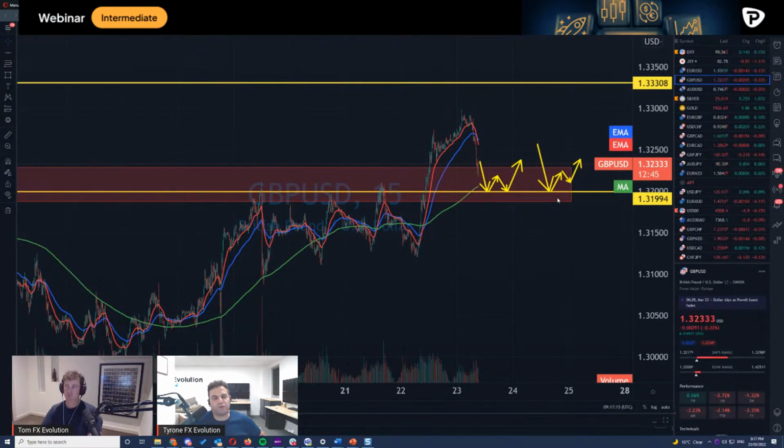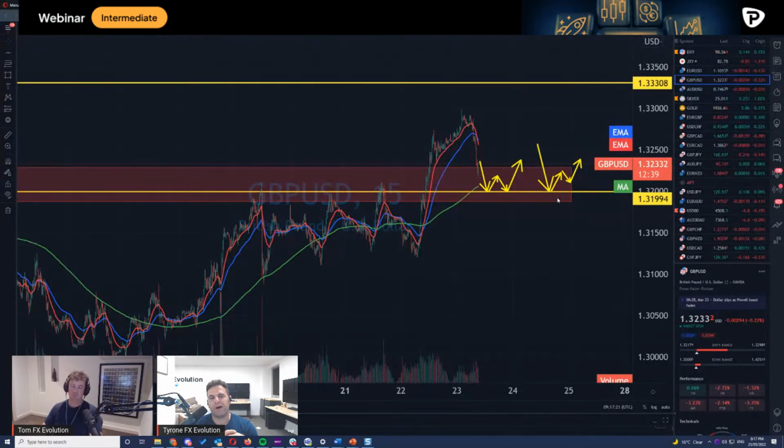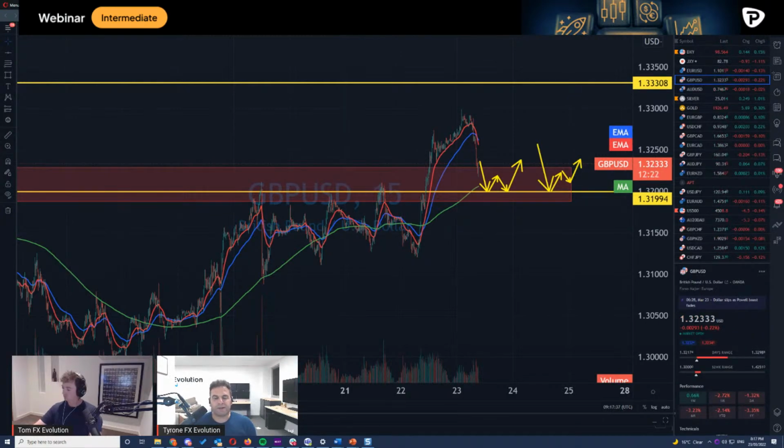Whereas if you draw a zone like we've got here, what you're able to do is then pinpoint the change of trend in the smaller time frame. So as you can see, we've got this rectangle. That's not one price. That's actually a rectangle of a band of maybe 20 or 30 pips. And inside that, you're able to actually pinpoint a little bit of a change of trend on the smaller time frame. Now, it's not going to happen on the time frame you draw the rectangle on, but it's certainly going to happen on the smaller ones.